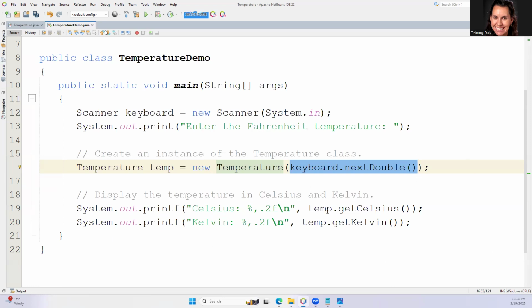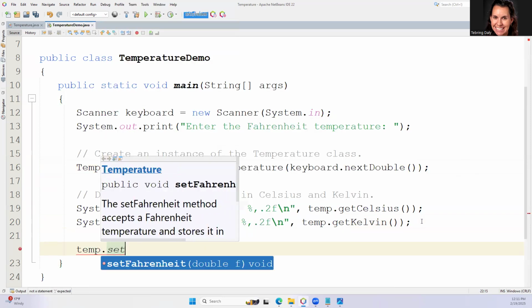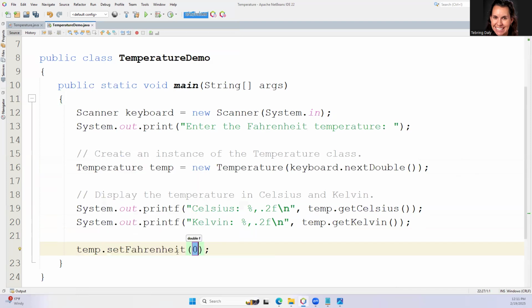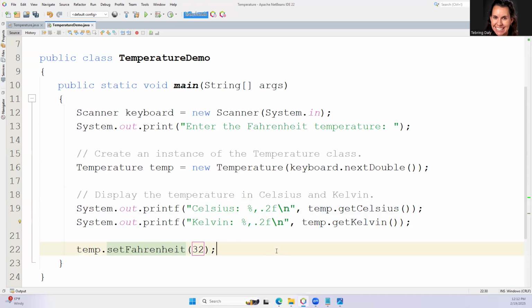So if I do this down here, if I want to change it, I would just say temp dot set, and there's a set Fahrenheit, and then would change it to whatever I want. Now I could do another enter Fahrenheit, and then I could use the next double again, or I could just put a value in here. Except that value will always be the same, right? Because I'm not able every time I run it to change a new one. But then what I would do is I would display this again afterwards, and I would get new